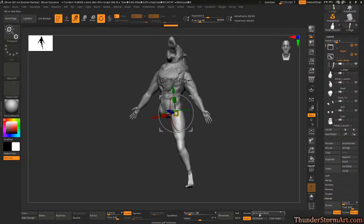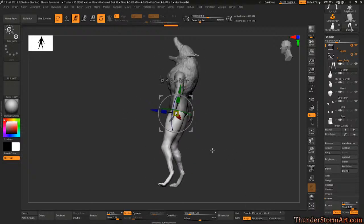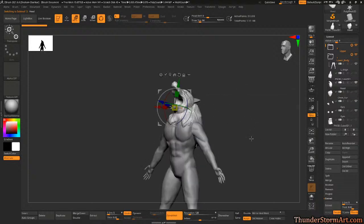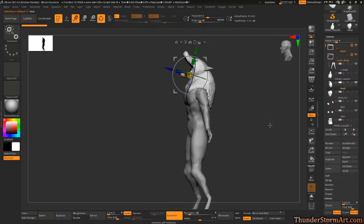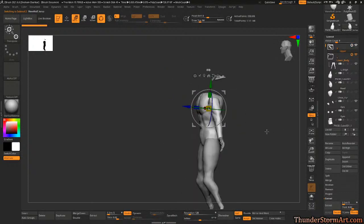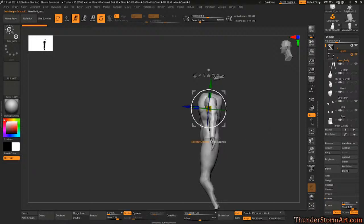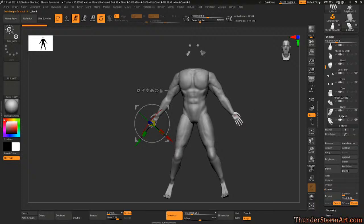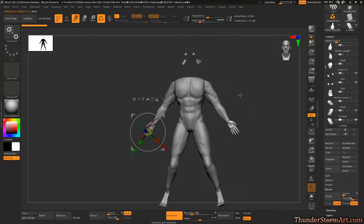Alright, I don't need Dynamesh for this, but we will mirror and weld. Okay. I don't care for this fur. We're gonna get rid of it. We're gonna get rid of this too. Because what I want to do is, let me find those hands. We got those hands. No, you know what I want to do? Actually,